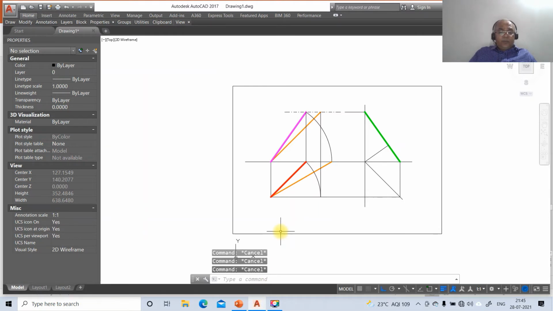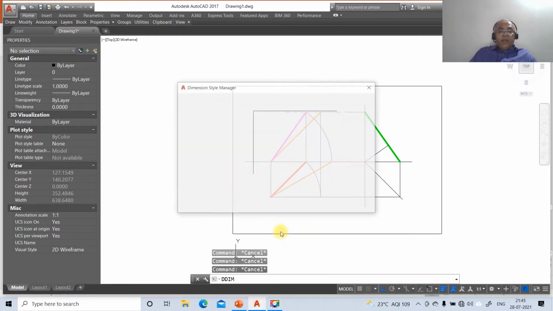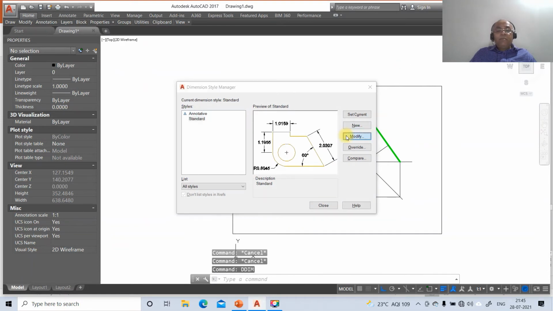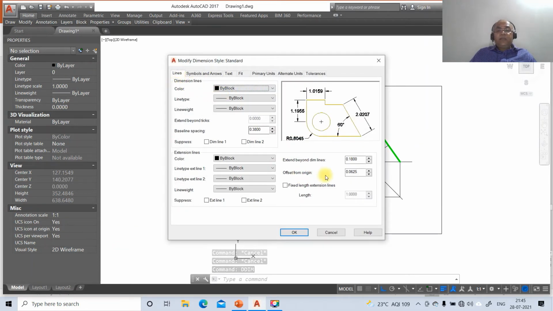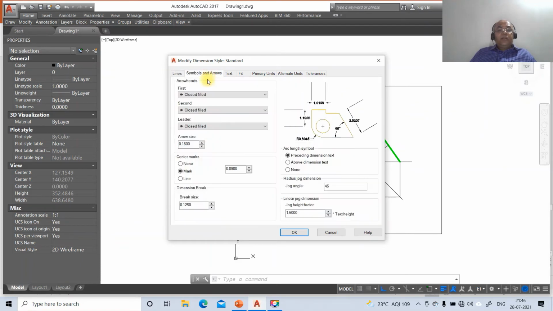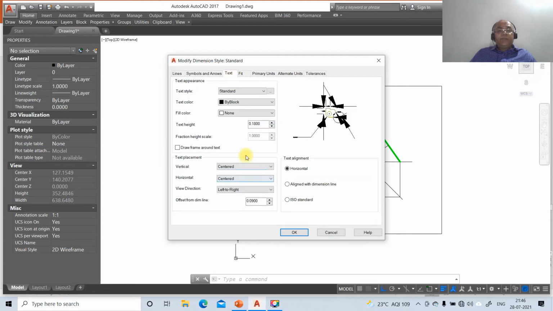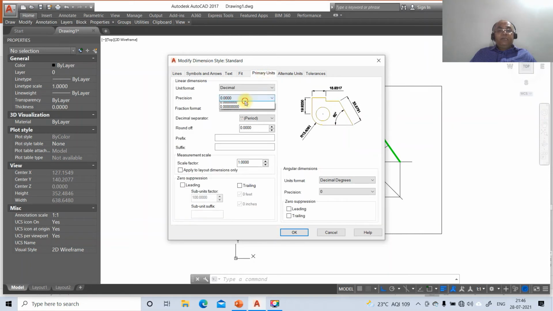To do that, go to DDIM and modify. Go to lines, take offset from origin as 2. In lines and symbols and arrows, take it as 3. Then go to text, take the text height as 3, text alignment aligned with the dimension line, text placement above, and offset from the dimension line as 2. Then come down to primary units, make the linear dimension precision 0 and say OK